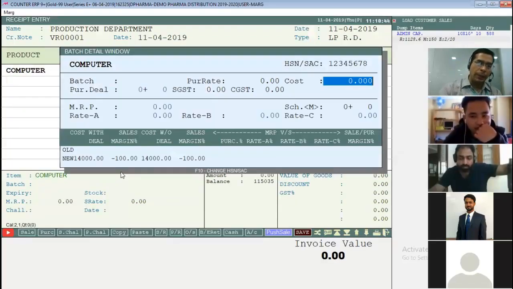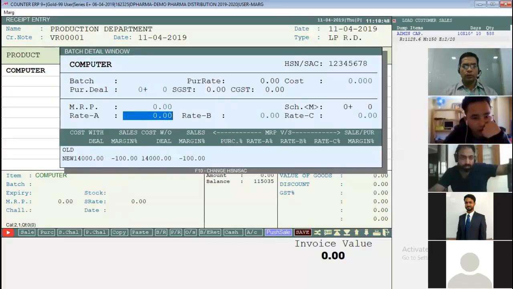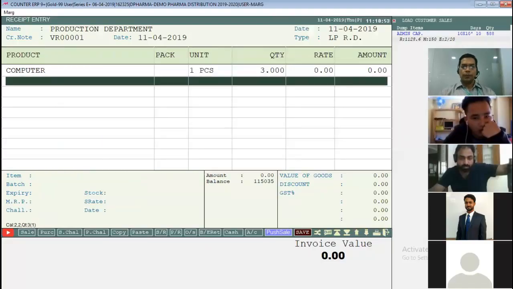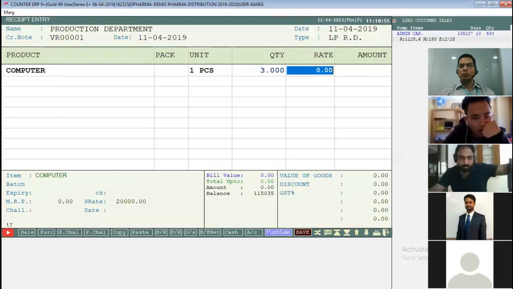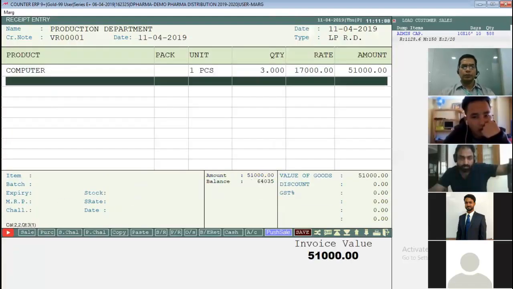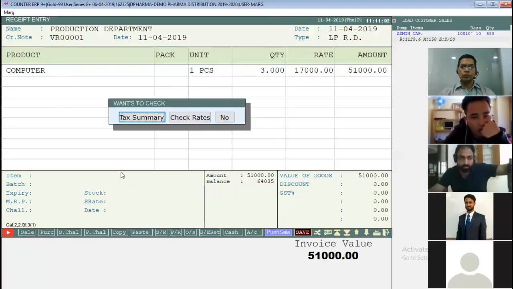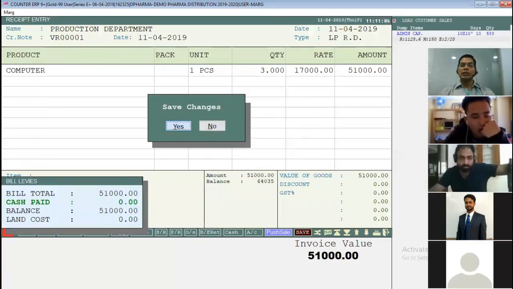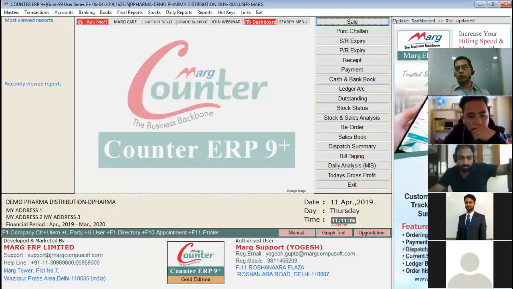Now I press tab. You know the rate about. I put here 20,000, suppose. Here I didn't put, I can put also maybe 18, 17,000, whatever actual is. Control W. Lo sir. The last thing is that now I'll verify the stock.